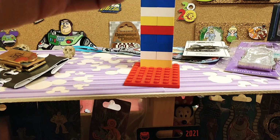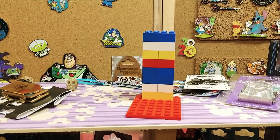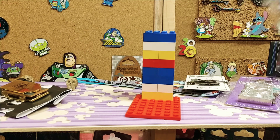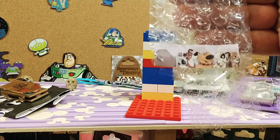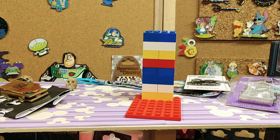First thing, I think we just saw this in one of their videos. Let's see if I can straighten this out. Trying to get the plastic off without damaging anything. It's coming, I'm sorry. Oh, and there's some washi tape with a bunch of dogs from different movies. Tramp, Dug, Dalmatian, Lady. And here is